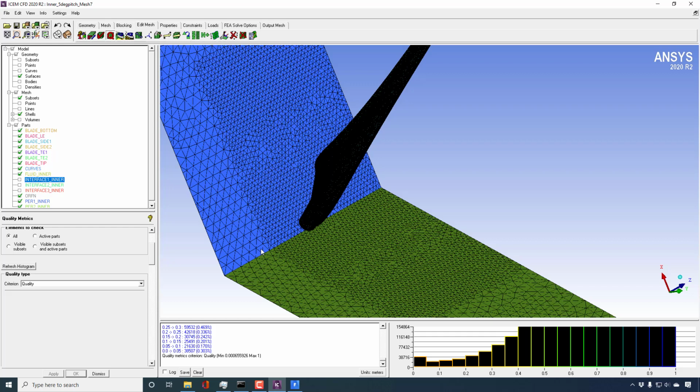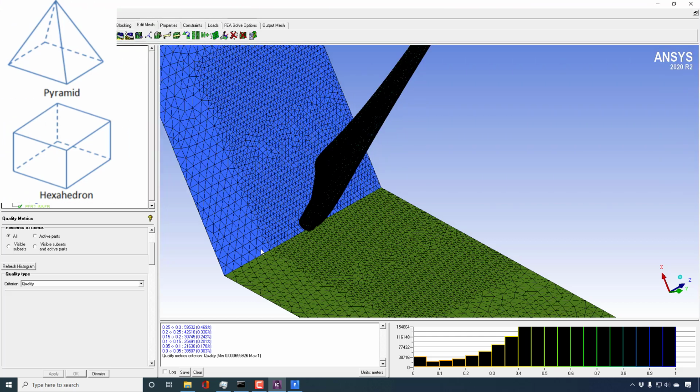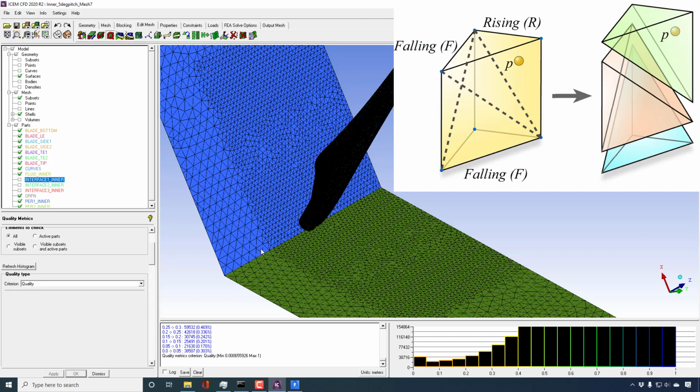The reason is that for a simple tetra mesh or simple hexa meshing, the quality indices work on the basis that we should be getting a 90 degree angle for the rectangular cells, and for tetra cells the optimum angle should be 60 degrees. But what happens here with the prism is that the prisms are divided into 3 tetrahedrons. So you can imagine that the quality would be very bad for those tetrahedrons.